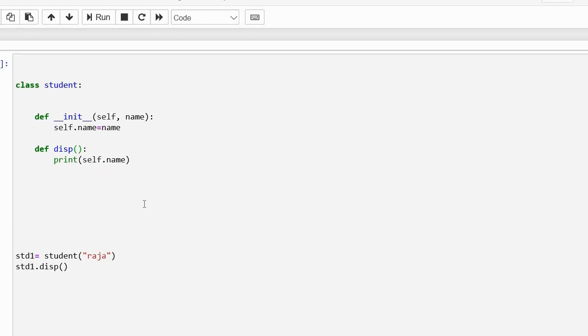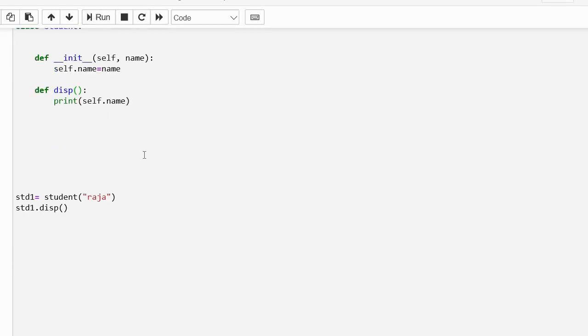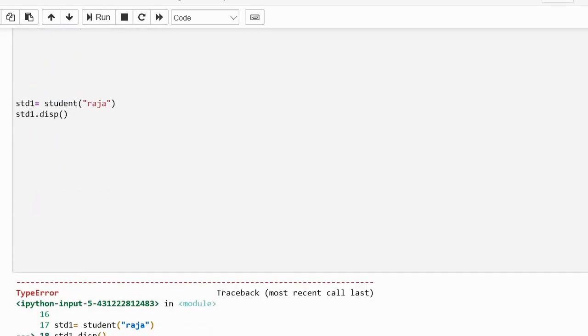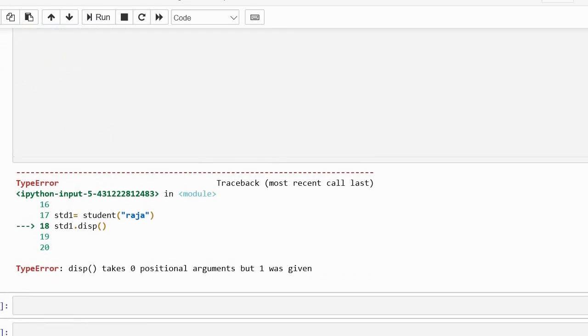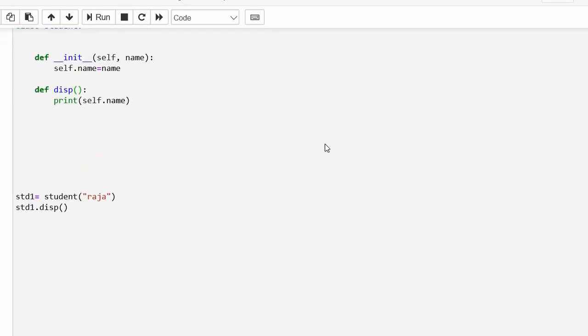As you see that error, if you are not giving that default variable self, then you will get an error message like this when you run the program. The problem is that in the object-oriented programming concept, any method must have at least one parameter. That will be by default self. After that, you can give any number of variables.